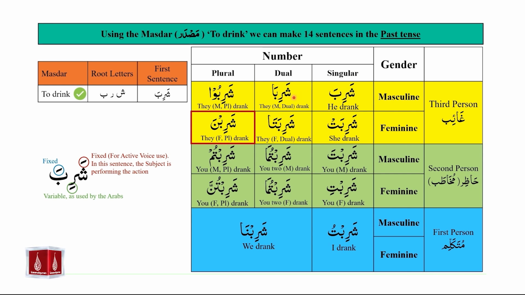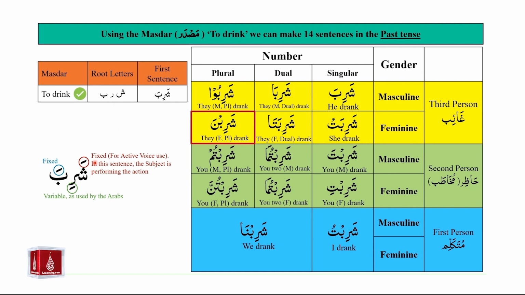Shariba, shariba, sharibu. Sharibat, sharibata, sharibna. Sharibta, sharibtuma, sharibtum. Sharibti, sharibtuma, sharibtunna. Sharibtu, sharibna. So in this example, we see that again we have three root letters similar to the prior examples,